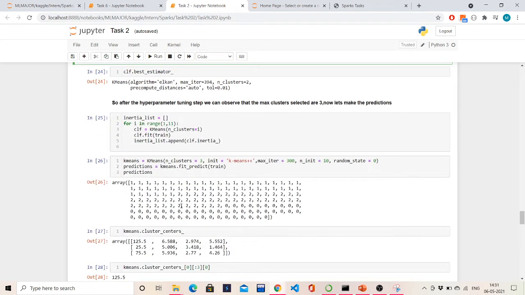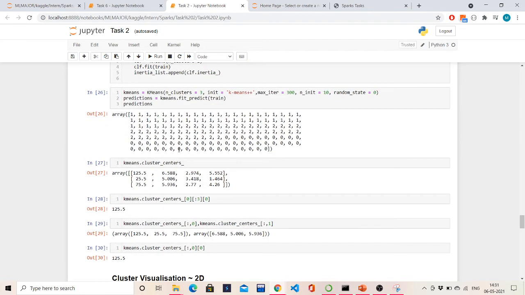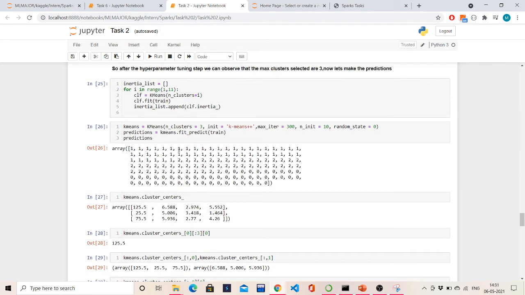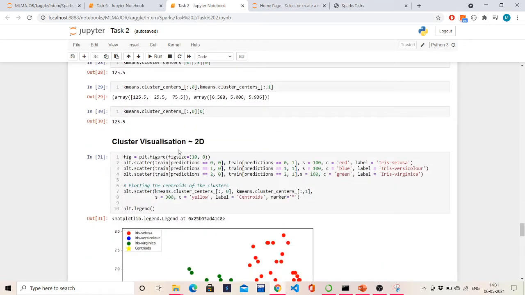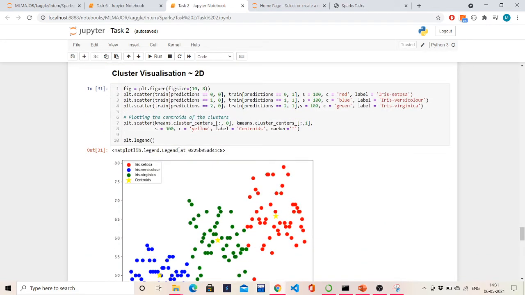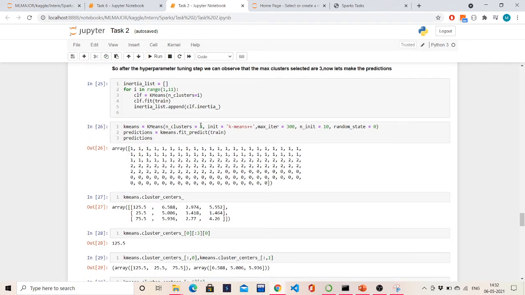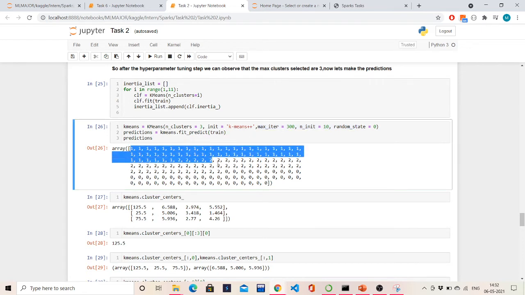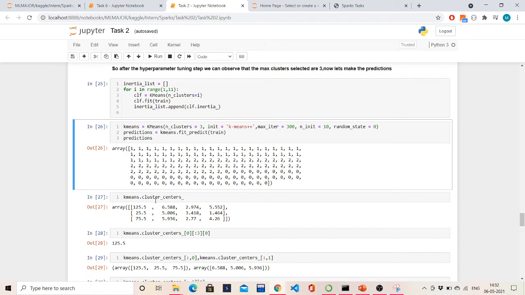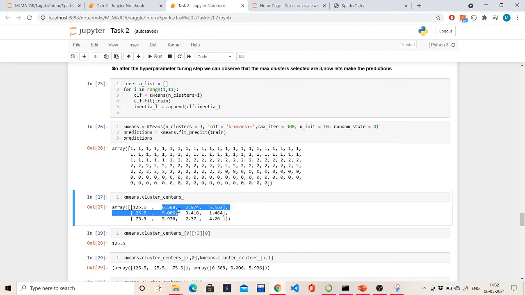Okay, no problem. So now if I try to make some plots, then it will be clear with that plot. Here is the 2D visualization with clusters equal to 3. Here I have taken the clusters as 3 and all other parameters. Then I have tested it. Then I got the cluster results. Okay. Then I got the cluster centers. Now these centers are the important centers over here. This is the x-axis, y-axis, z-axis.